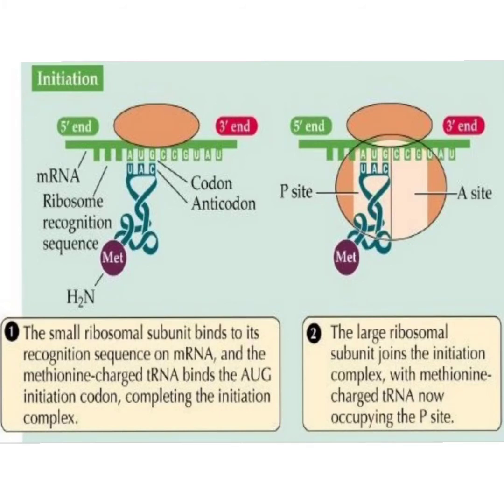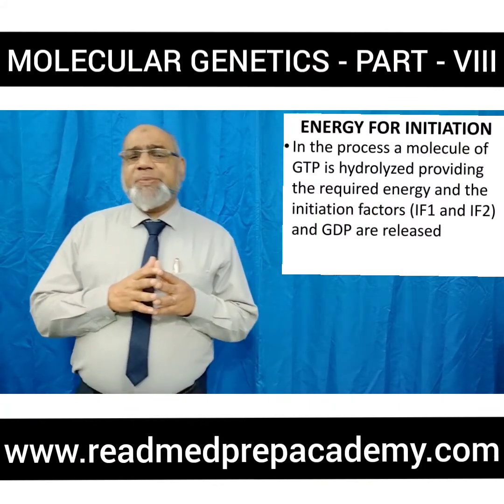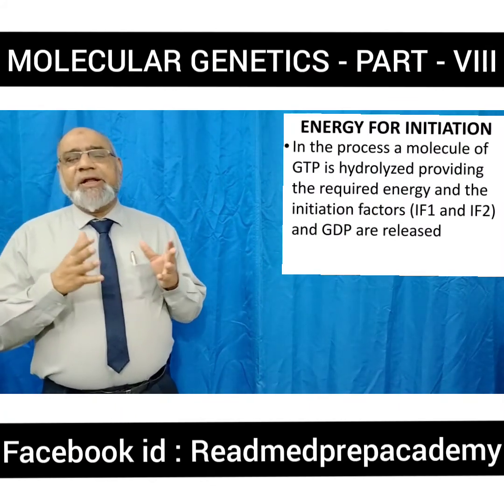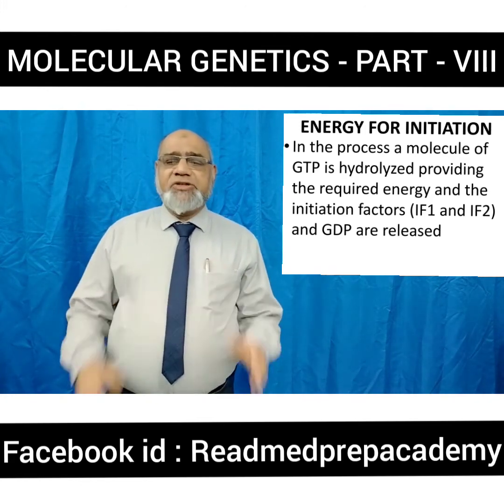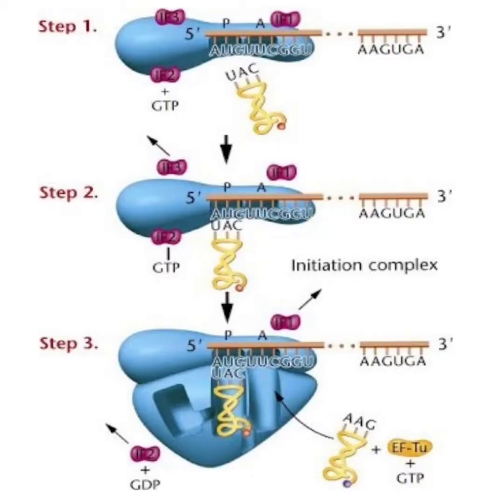The large ribosomal subunit joins the initiation complex with methionine charged transfer RNA, now occupying the P site. You can see in the image how it is explained so clearly. In the process, a molecule of GTP is hydrolyzed, providing the required energy, and the initiation factors IF1 and IF2 and GDP are released. You can see in step 1, the charged methionine transfer RNA is brought to the smaller